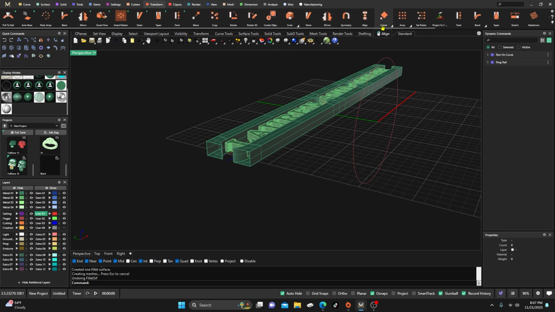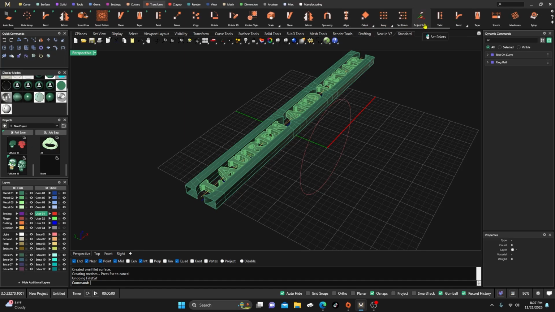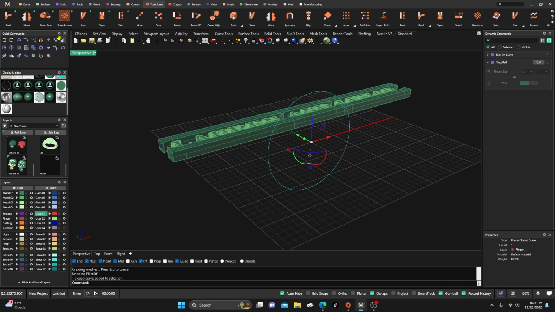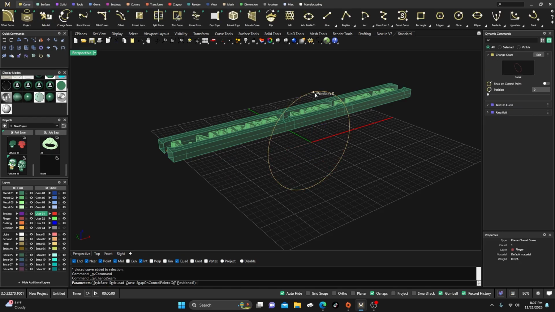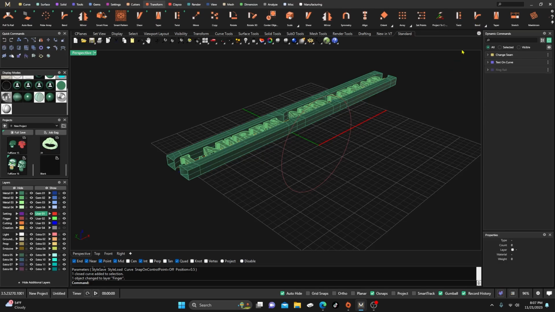Let's go to transform. I did not practice this, so this is all kind of winging it. Let's go to flow. There's our flow along curve. Well, before I do flow along curve, let's take this and change our curve seam from the top, and we'll drag it down and around to the bottom here. Hit enter, take that curve, change it back to keep everything in order. Now let's go to transform, let's go to flow